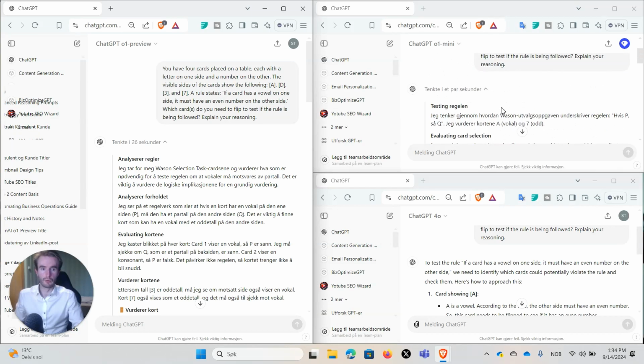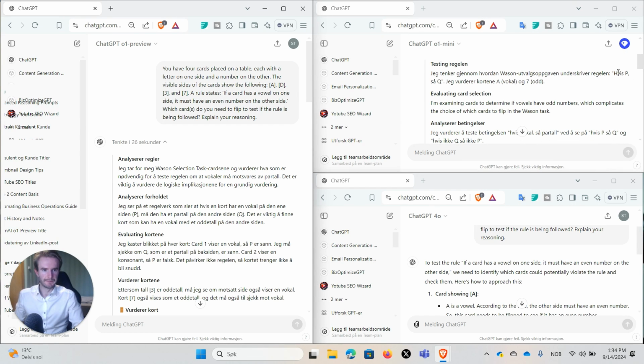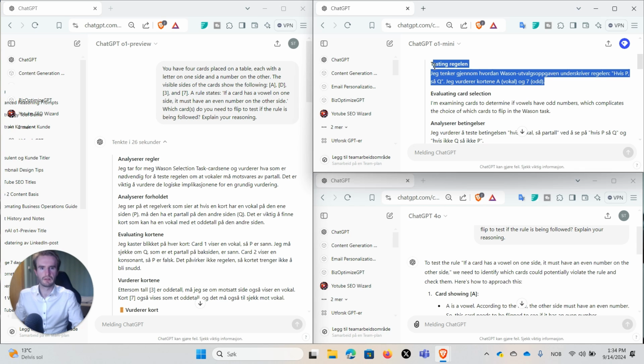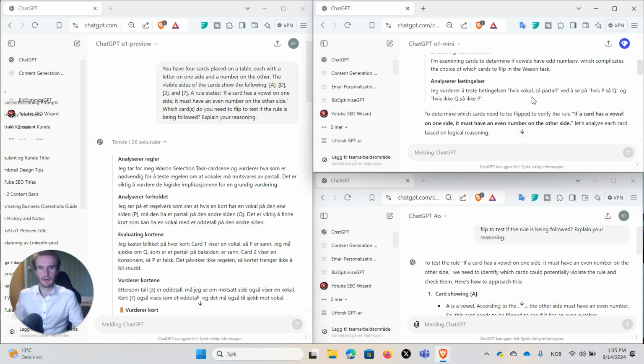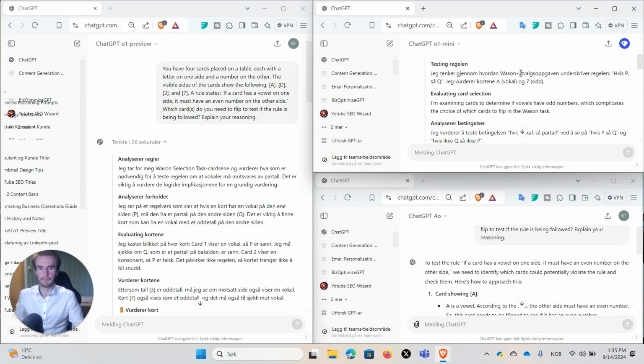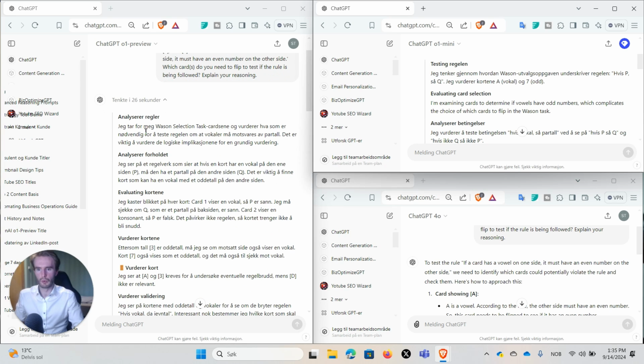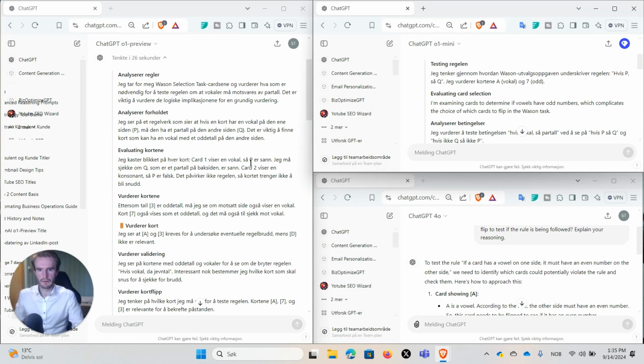process or rule, so here that's pretty interesting to see which kind of rule of thumb is taken as a basis. We see that both in O1 Mini and O1 Preview. O1 Mini naturally analyzes this much faster. This one is more thorough here. So evaluating card selection, examining cards. Each card, see if they have odd numbers, if vowels